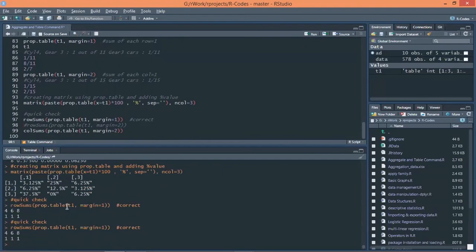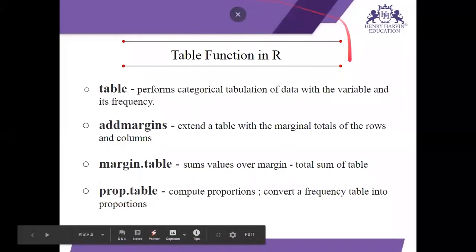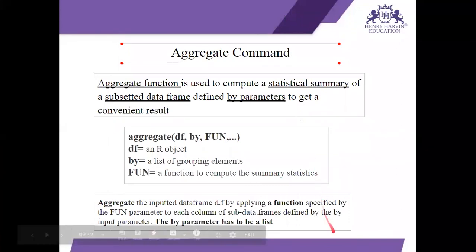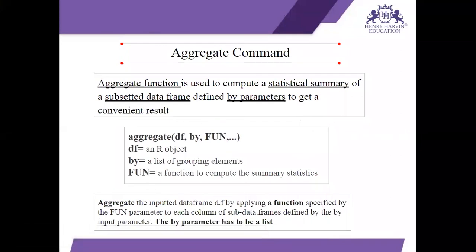We are confirming it the same way using row sums or column sums. So the table functions and aggregate functions are very basic but essential functions which help us to understand the data with efficient statistical analysis and make the data more interactive.